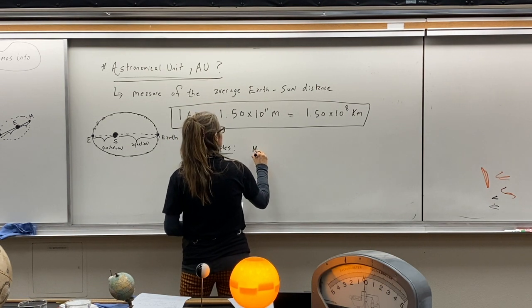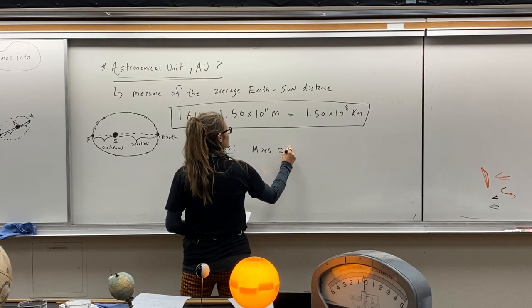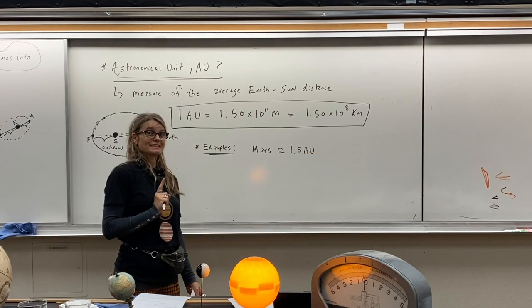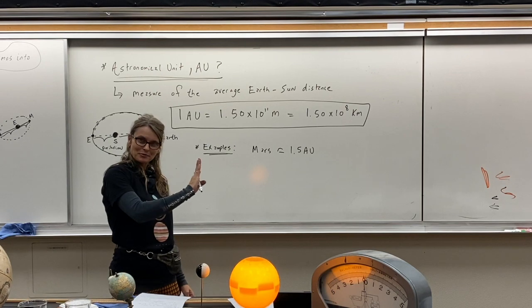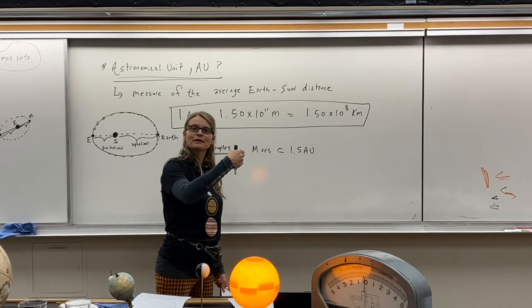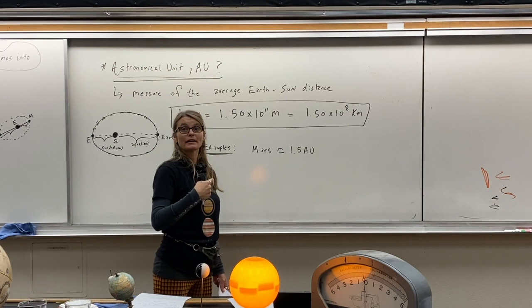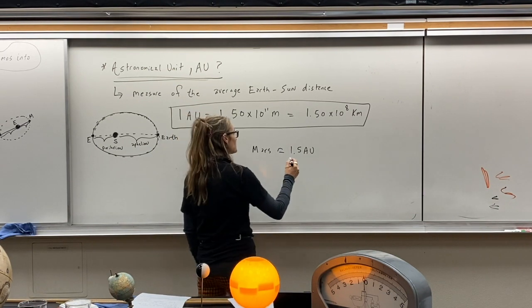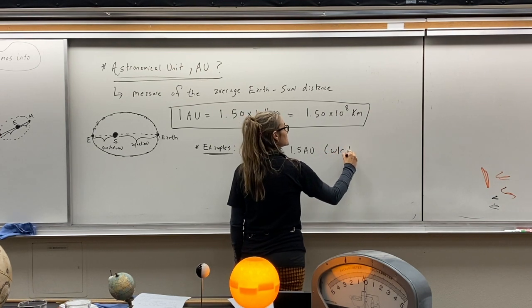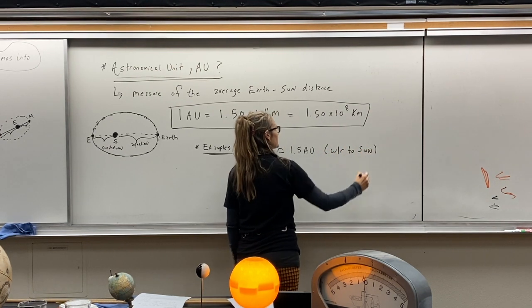Let's say Mars is approximately 1.5 AU. Now that's with respect to the sun, so you have to remember that we're going outward. So the inner planets like Mercury, Venus, they'll be less than 1 AU. And then we go to the outer planets like Mars, it's about 1.5 AU with respect to the sun. That would be the average